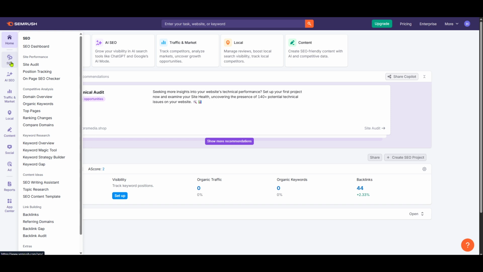Under the SEO section, find and click on Organic Research. Organic research is one of the key areas you'll be focusing on, as it provides insights into the organic keywords that drive traffic to your competitors' websites. It's important because it helps you understand what strategies work in your niche and allows you to craft your SEO